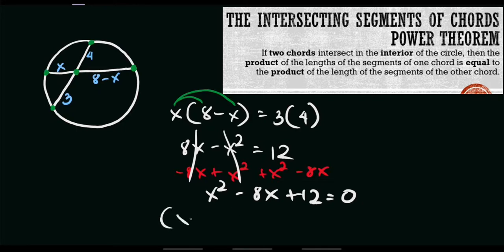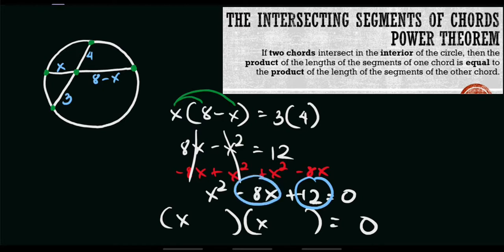So again, we need to think of two set of numbers wherein ang product ay yung last number natin, which is 12, and then the sum is the linear term or the mid value, which is negative 8. So I think ang factor na pwede natin magamit is, let's try to use negative 2 and